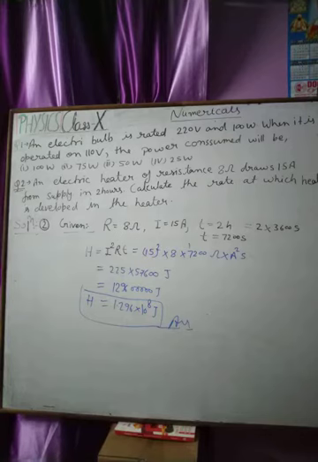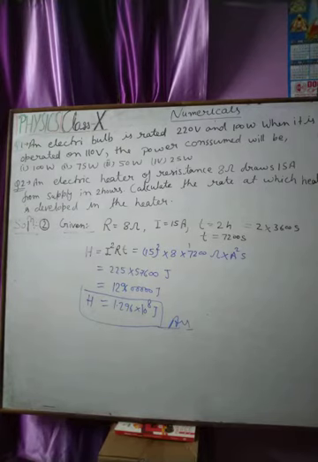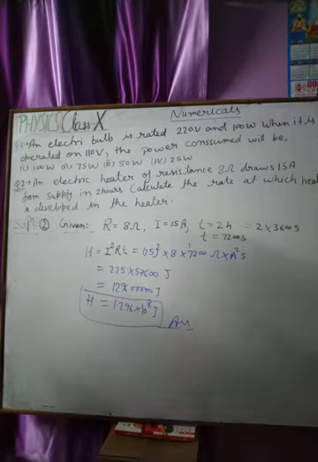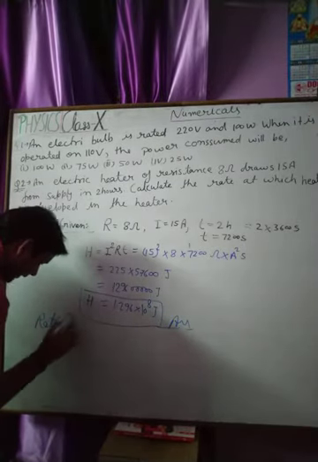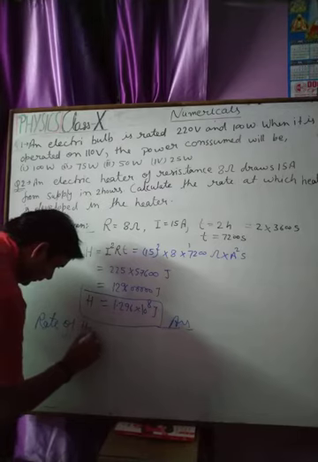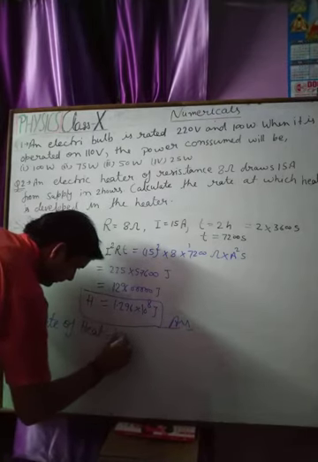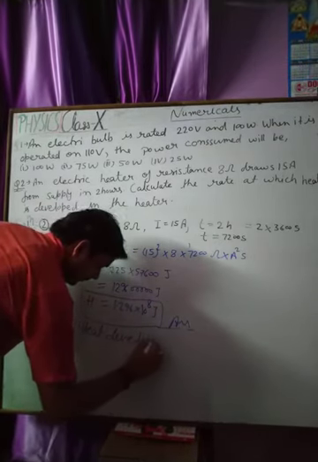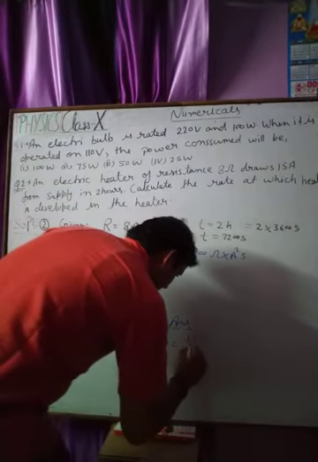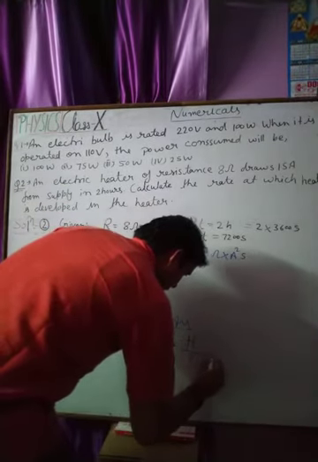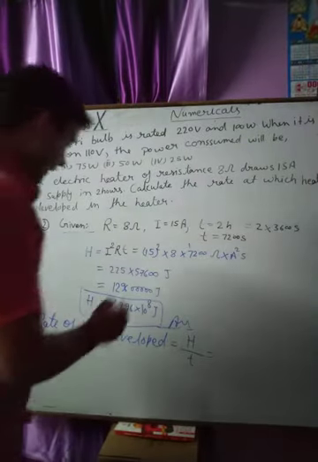This is the heat produced. Now we need to calculate the rate of heat developed. Rate of heat developed is equal to heat upon time. Okay, so students, we have,